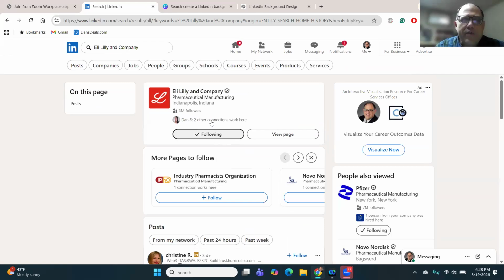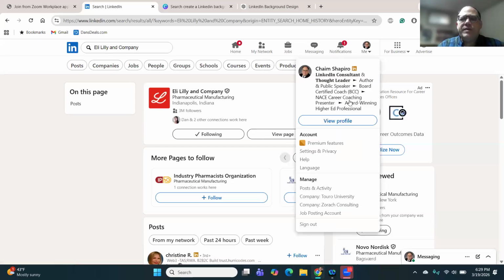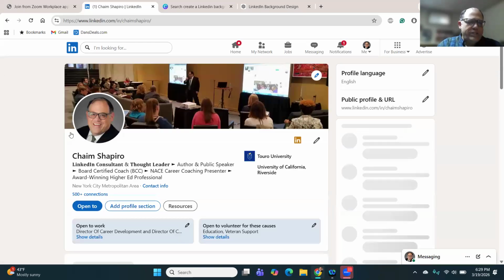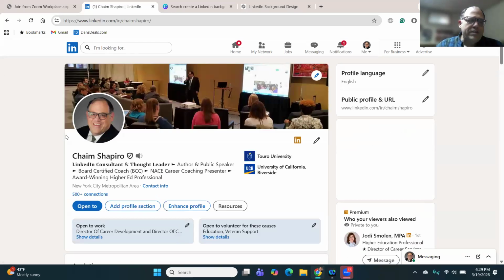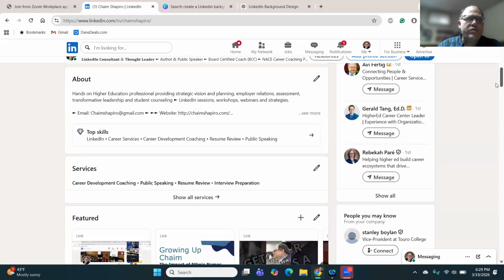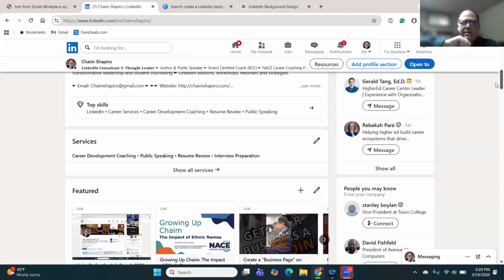The other thing they want to see is at least one person at the company that you are connected to. When we talk a little bit more about connection requests, be connected to people at the company. Those things are what's going to stand out to people using the recruiter platform. So again, having that open to work set, highlighting those 5 skills, following the company and being connected to at least one person at that company will shoot you up in the rankings for people who are using the LinkedIn recruiter platform. Any questions about that or anything we've spoken about so far?